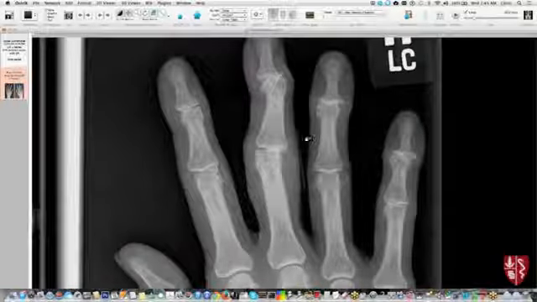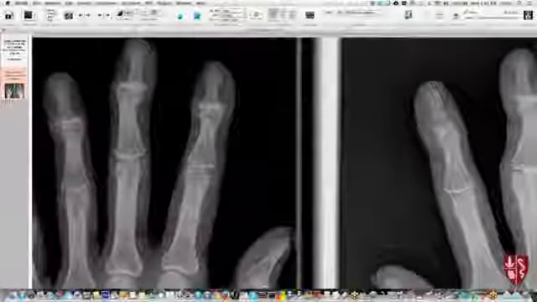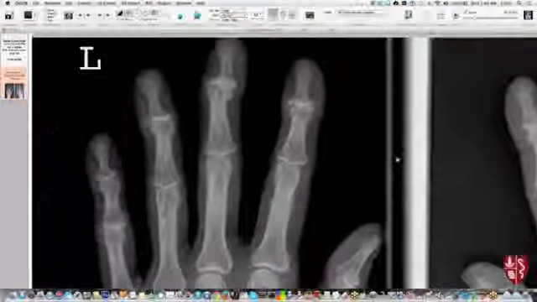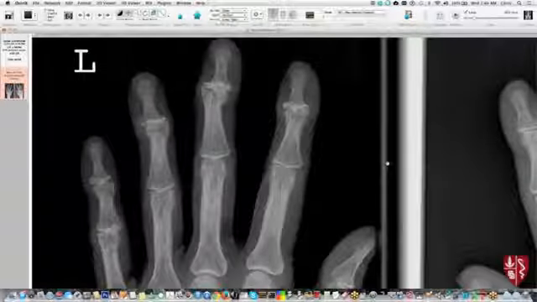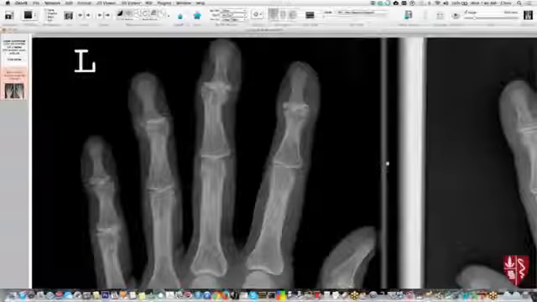And that may be asymmetric in patients because of hand dominance. In this particular patient, it's fairly symmetric. The other thing this case brings up is whether there's actually an inflammatory component superimposed, or the inflammatory